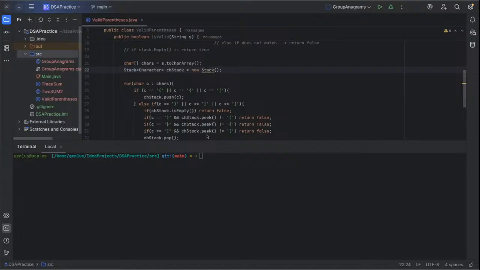Resolving. Longest consecutive sequence. So int